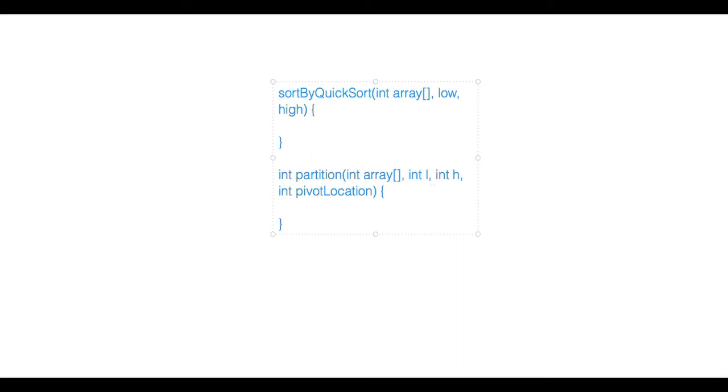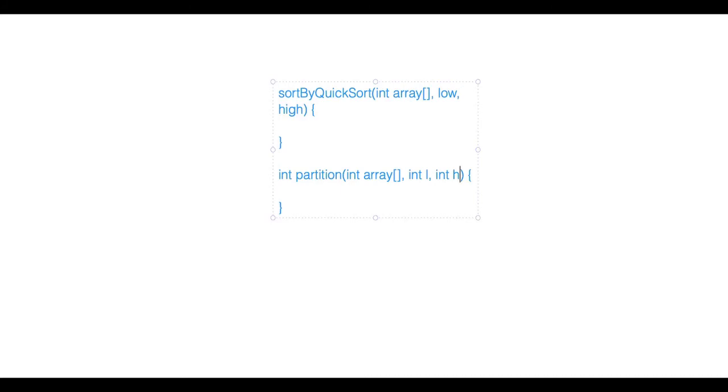If we are choosing the highest position to be the pivot, we don't need this value. If you're defining some other value as pivot, then we need pivot location. But if the higher value will always be our pivot, then we don't need it. If the pivot is predefined, why do we need to pass it as an argument? We say array of high is always going to be this one.